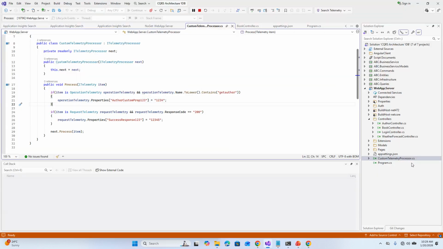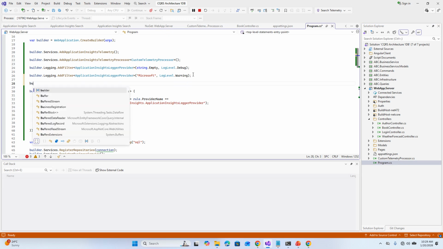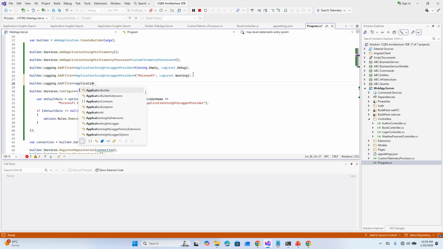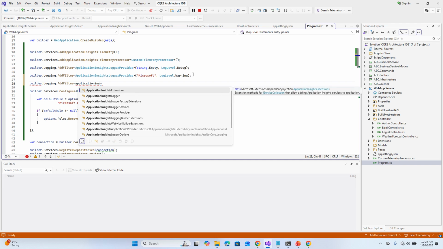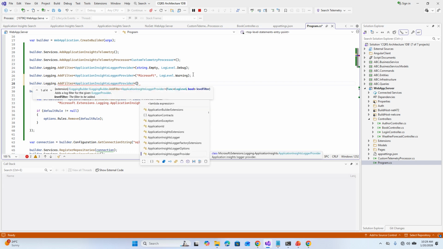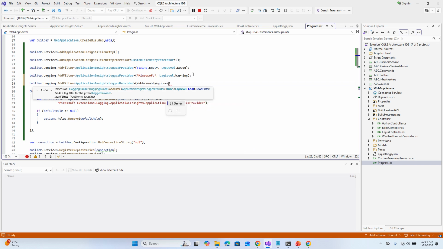So we go to the Program.cs and we will set the filter as filter.logging.AddFilter, ApplicationInsightsLoggerProvider, then we will give the namespace name, webassembly.server.controller.authcontroller. Okay, we send this as a string,